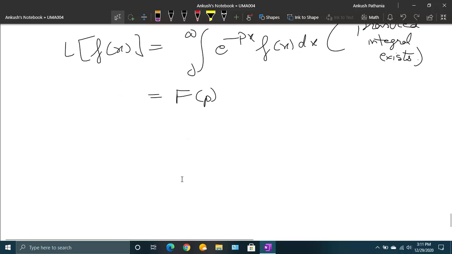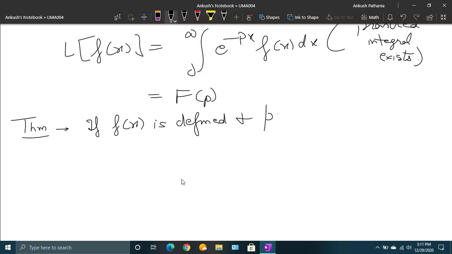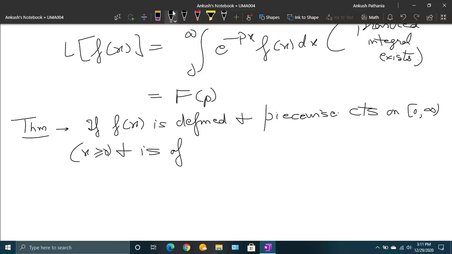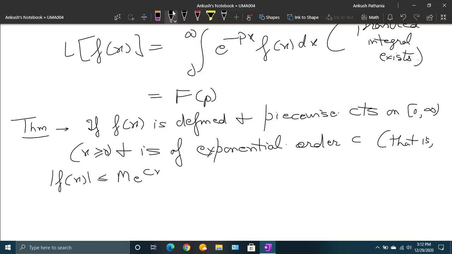So what the existence theorem says is that if f(x) is defined and piecewise continuous on 0 to infinity, or x greater than or equal to 0, and is of exponential order c, that is, mod f(x) is less than or equal to M e raised to power cx for all x greater than or equal to 0, then we say